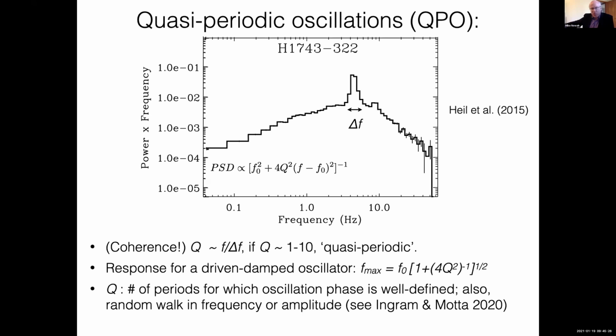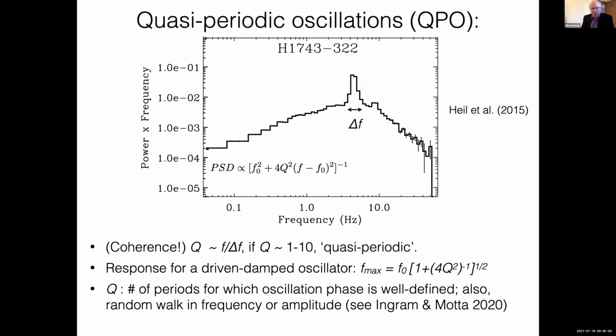Now, quasi-periodic oscillations is actually what you'd expect if you had, say, a driven oscillator with, say, a spring constant that gives you a characteristic frequency for that resonance system, but you put damping in the system at the same time. So the damping factor gives a width. And so if you randomly, stochastically put a turbulent driving on a damped driven oscillator, a response like this where you see a characteristic frequency but with a broad width is exactly what you expect